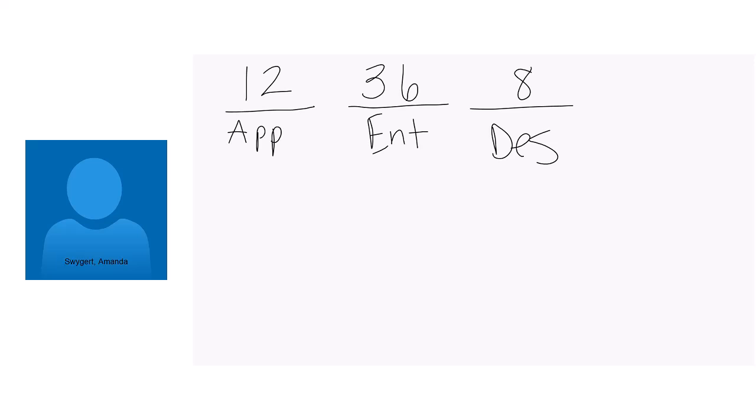Now, because it would take me forever to list all of these different possibilities out, you can just figure out the total number of options by multiplying. So all I'm going to do is take 12 and multiply it by 36 and take that number and multiply by 8. This tells me how many different meals I could make when I have 12 appetizers to choose from, 36 entrees, 8 desserts. So you're going to multiply 12 times 36 times 8. And this tells me that there are 3,456 different meal possibilities that I could get if that's what's on my menu.